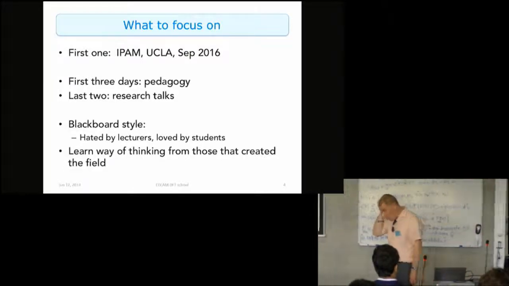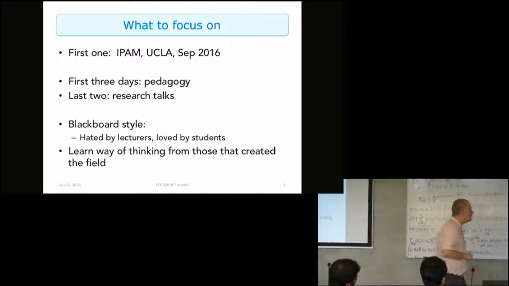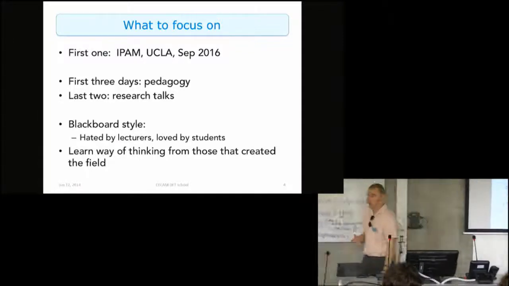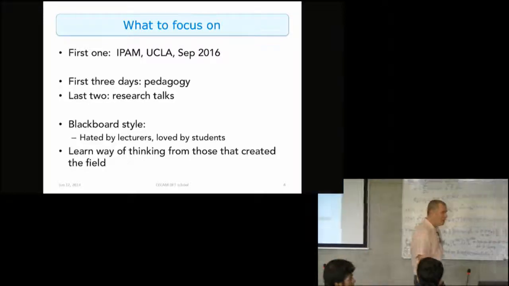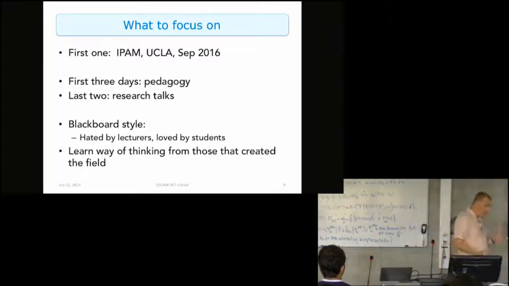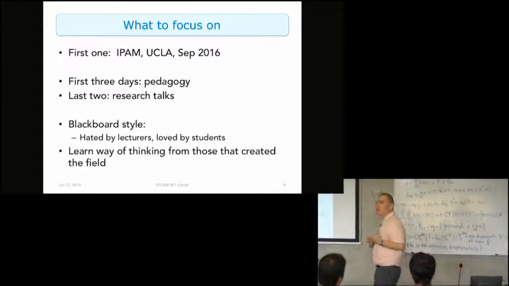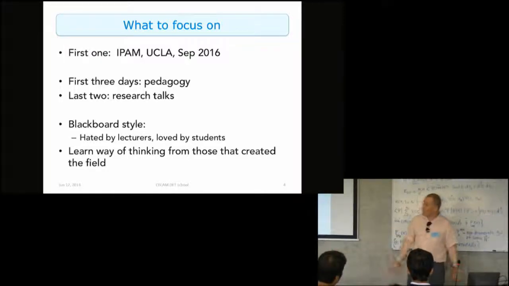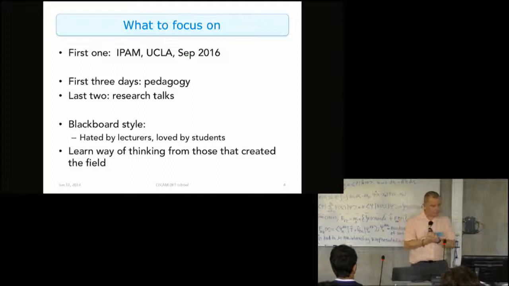So I was just looking at the surveys from the last school this morning, and a lot of people said they could learn a way of thinking from those that created the theorems in this field. One thing that John pointed out at a meeting a few weeks ago is things like exact conditions that are vital for making approximations in density functional theory. Most of the exact conditions we use were found in the 80s, or earlier, because people don't study the underlying theory as much as they used to do.